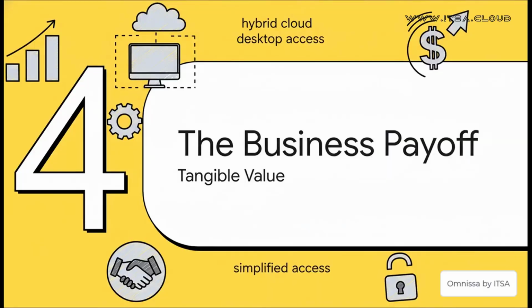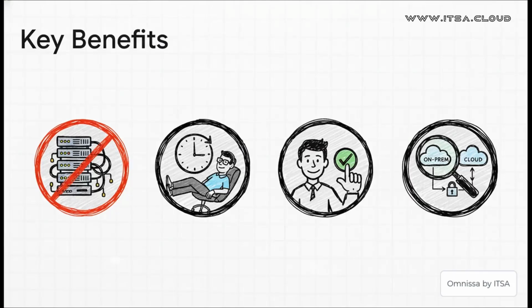Okay, so that's the tech. But what does this actually mean for your organization? For the bottom line? Let's translate these features into the real-world business value they deliver. The benefits here are really tangible. You can finally decommission that expensive GSLB hardware. Your IT team gets back a ton of valuable time, since they're no longer having to troubleshoot complex connection issues. Your users are way more productive because they get a faster, more reliable login experience. And you get centralized control over your entire hybrid environment, which is a huge win for security and compliance.